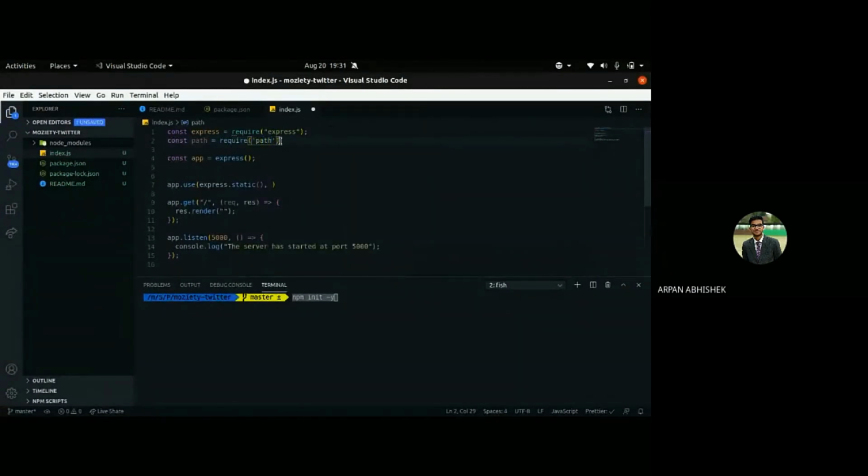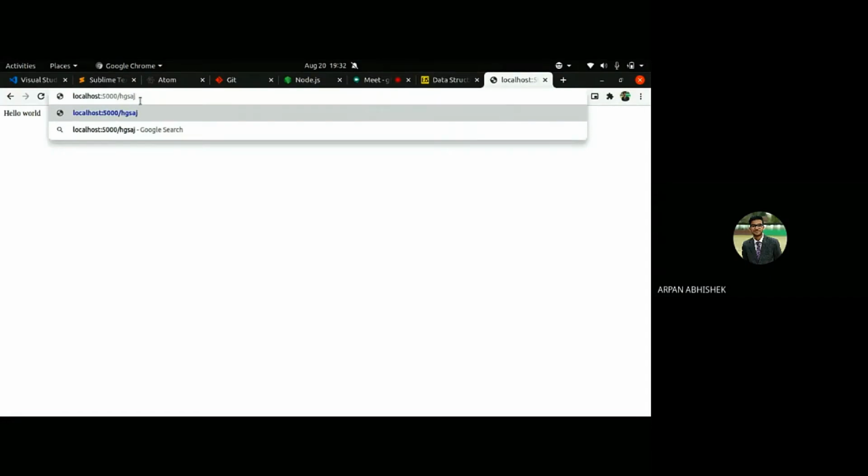Path. This is another path library which comes with Node, actually we don't have to install it. So what is a route? When you go to a site like slash, and you don't put slash anything, that's the slash route.